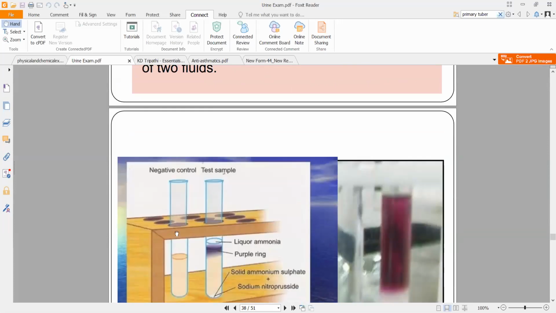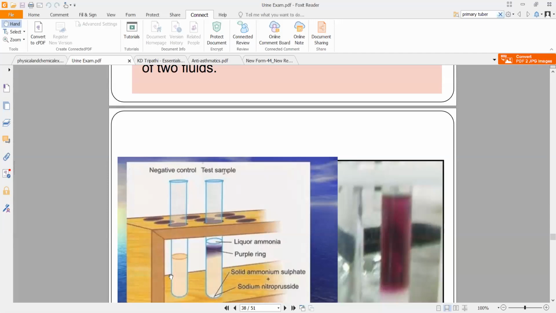Now in this, you take the test tube, put a little bit of urine in it, and add ammonium sulfate. You will make it alkaline. Add one crystal of sodium nitroprusside. After that, you mix it and add 1 or 2 drops of ammonia. You pass the drops through the side of the test tube, through the wall, so that when it meets the liquid already in the test tube, the urine and ammonium sulfate mixture along with nitroprusside, you make a small layer of ammonia on top of that urine layer. Instead of just putting it inside, you skim it through, so you put a small layer of ammonia on the urine solution.